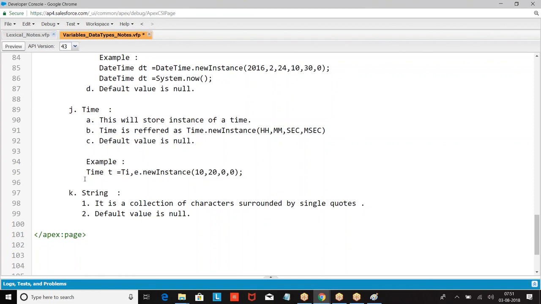If you know it is a boolean, you will take it as boolean. When you are not sure what type of value we are going to get, then what will you do? If you know value without decimal point, integer. Value with a decimal point, decimal. Value with a collection of characters, string. Value as true or false, boolean. Now I am not sure what I am going to get. One time you send a numerical value without decimal point, second time a collection of characters, third time true or false, fourth time a date, fifth time a date and time. I am not sure what value you are going to give. Then we are going to take object.